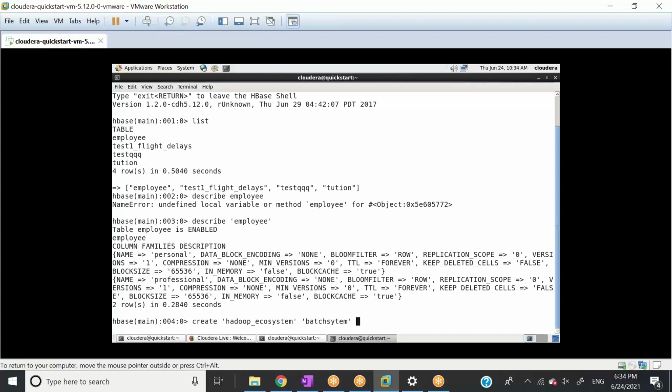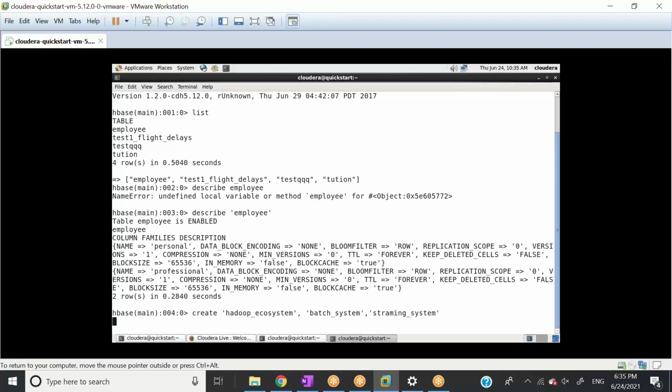And the second column family, with a comma here, we can have streaming systems. Streaming underscore system. Batch underscore system. Let's hit enter.